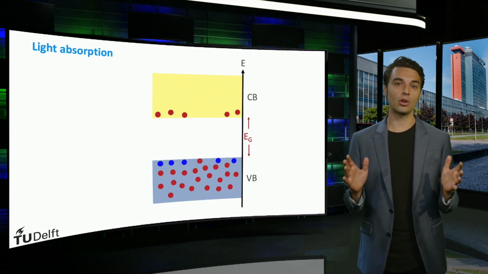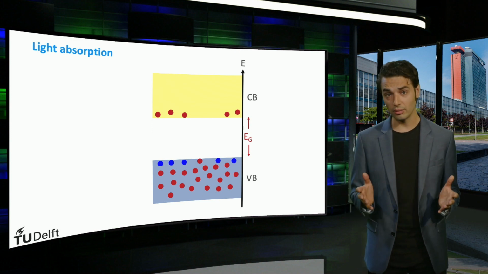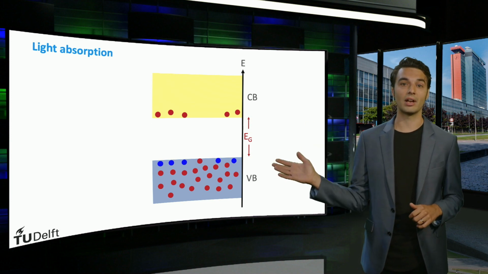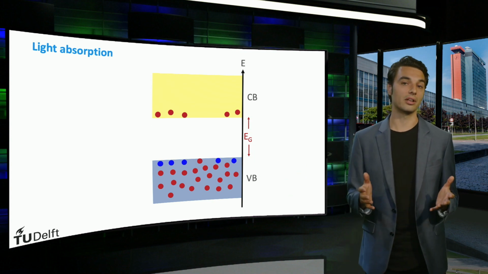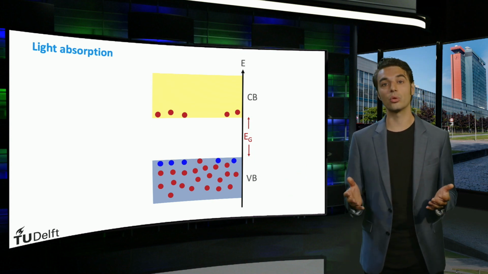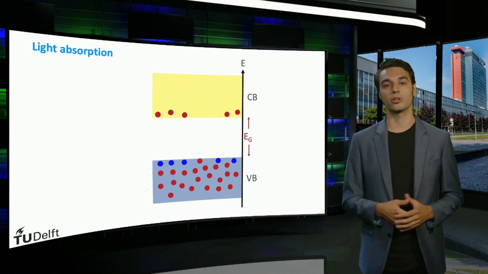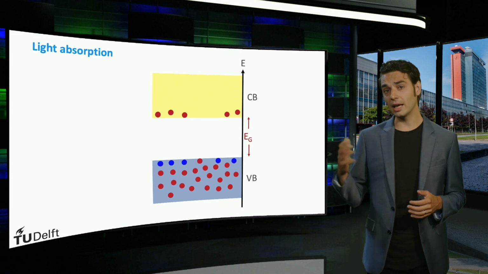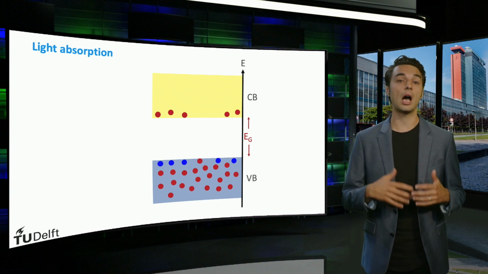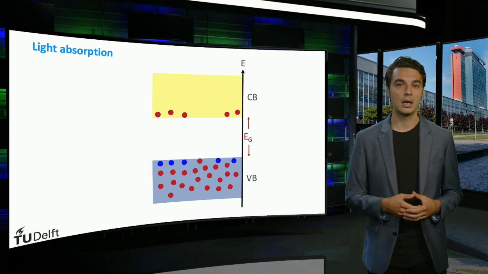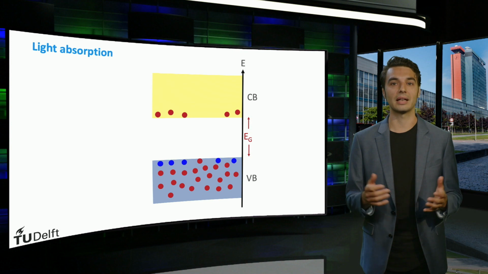Any single junction solar cell can only utilize a fraction of the incident energy. To visualize this, we will take a look at the band diagram of a semiconductor material. The blue box represents the valence band. The valence band contains the allowed energies of the bound valence electrons in the semiconductor material. The yellow box represents the conduction band, which contains the allowed energy levels of the unbound electrons. The space between the valence and conduction band represents the band gap.